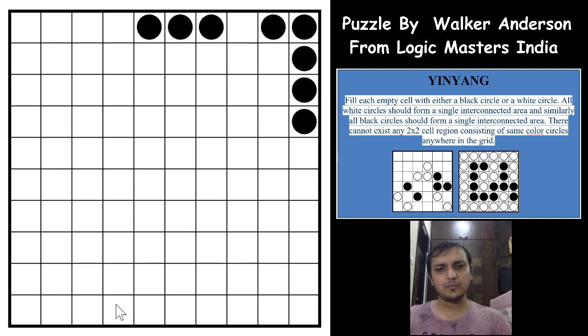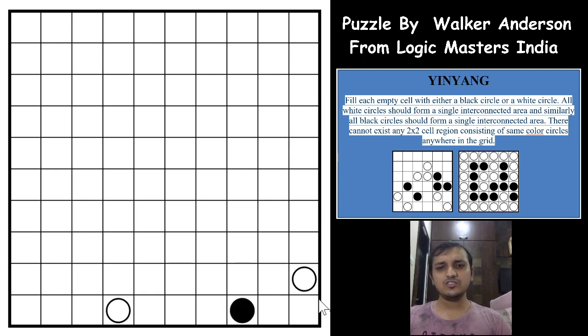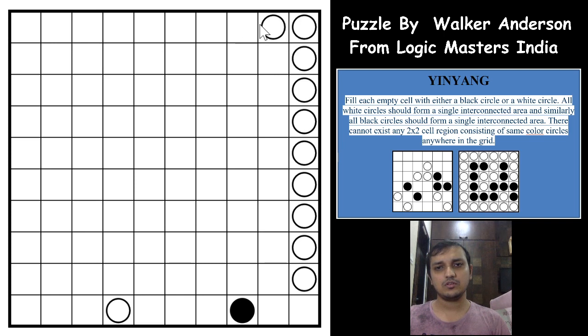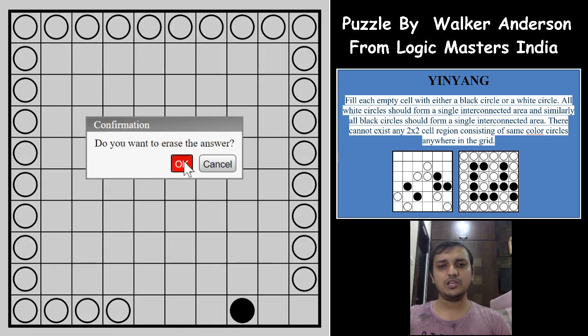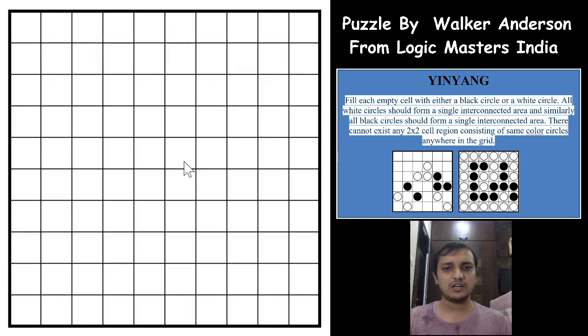It is also applicable to two white circles and one black circle in between. If this is the case, then the circles in the opposite direction, away from the black circle, will always be white, and we are not sure about these cells yet, right? We will get to know while solving the puzzle. So this is one of the tricks.